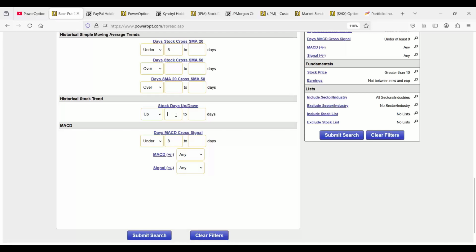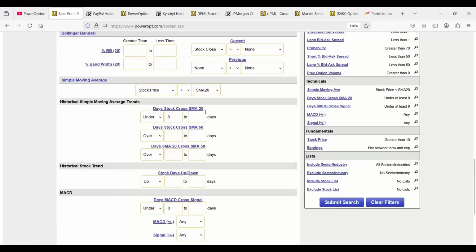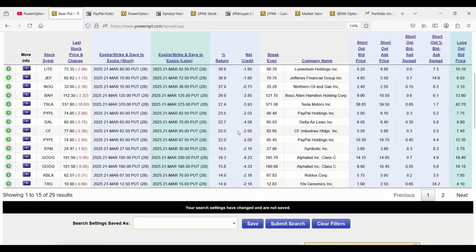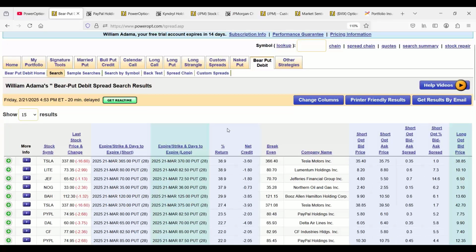If you wanted to do that, I typically don't use this one as much, but I do use the MACD signal for some of my searches, bull put credit spreads, calendar call spreads, for example, as well as these historical trends for the moving averages. So it's always something to consider. In addition to screening against the moving average, you can screen against the days